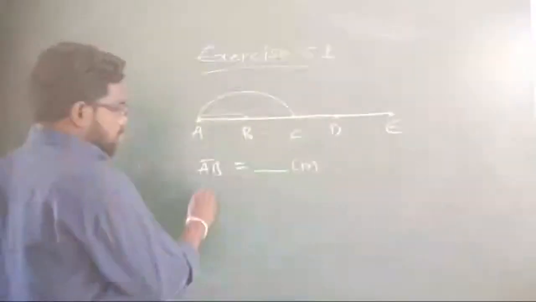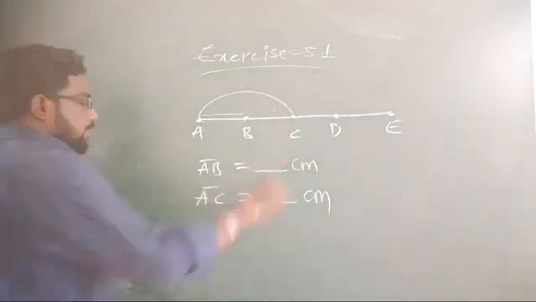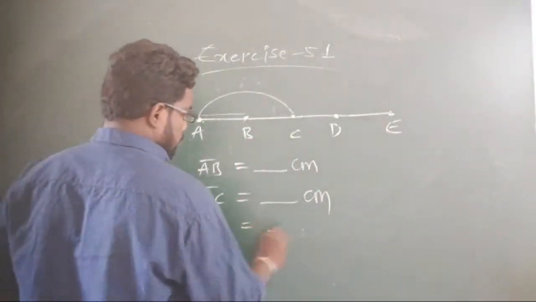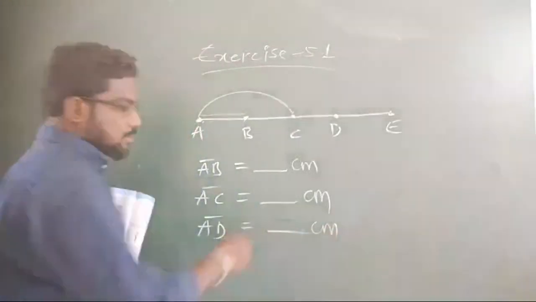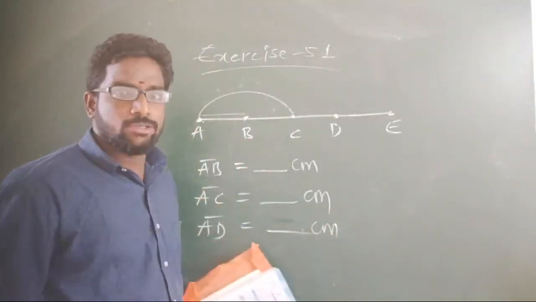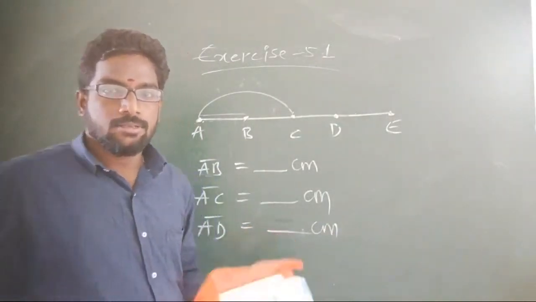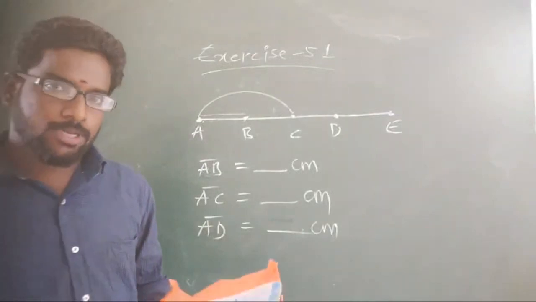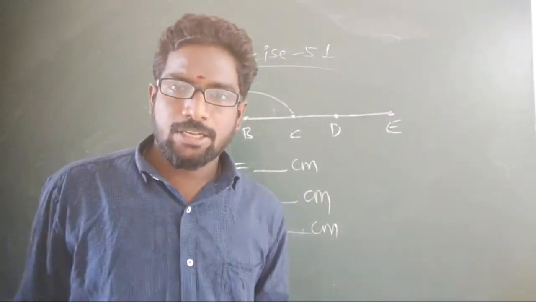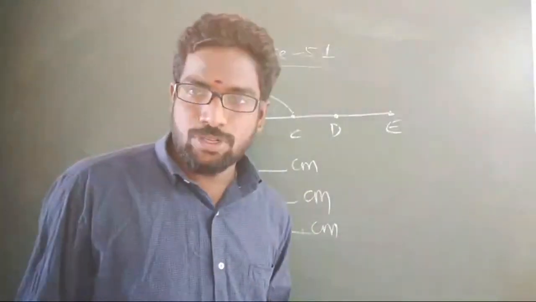Next, you should find out AC line, find out from here to here. Next, AD, right here. Because I don't have a ruler here to find out the length, you have to find out at your home. It is clear. So I think Ajit Kumar, check. So what's your name? My name is Bharat Kumar. Daily I am telling you. I think you also like me forgetting names. I also will forget the names.